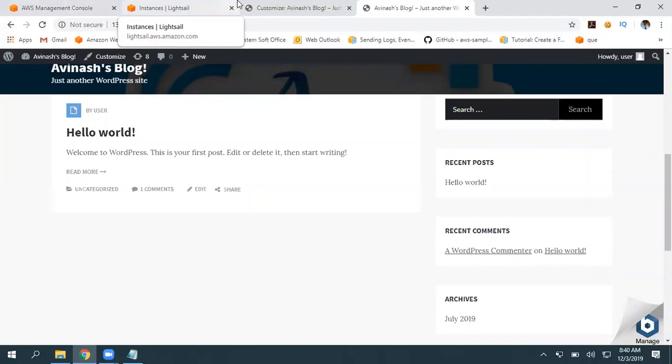So in simple, you really don't need to have any technical knowledge to manage these websites. If you have technical knowledge, if you are a developer and if you want to deliver, just go and pick the Elastic Beanstalk category. You can write your code and deploy that code. So infrastructure management, provisioning servers, and creating auto-scaling groups and Elastic Load Balancers, Amazon will do. If you know how to launch an instance, and if you know how to create resources and how to write code and how to deliver that, then go with the EC2 instance option. All the three ways we are going to deliver a website only.